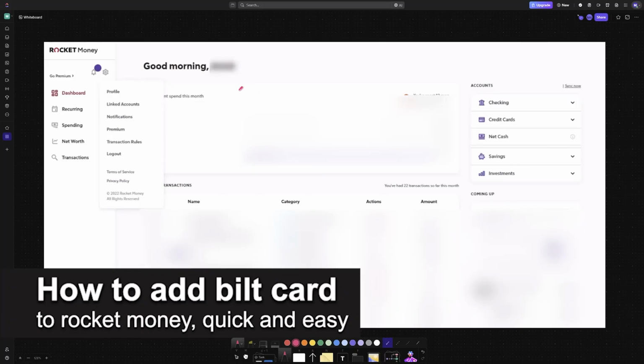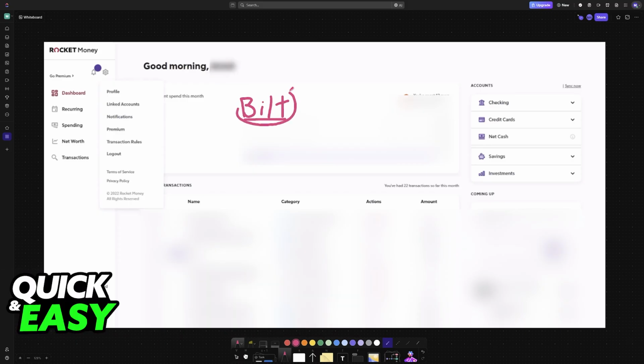In this video, I'm gonna teach you how to add Bilt card to Rocket Money. It's a very easy process, so make sure to follow along. In this video, I'm gonna teach you how to easily add your Bilt card onto your Rocket Money dashboard or